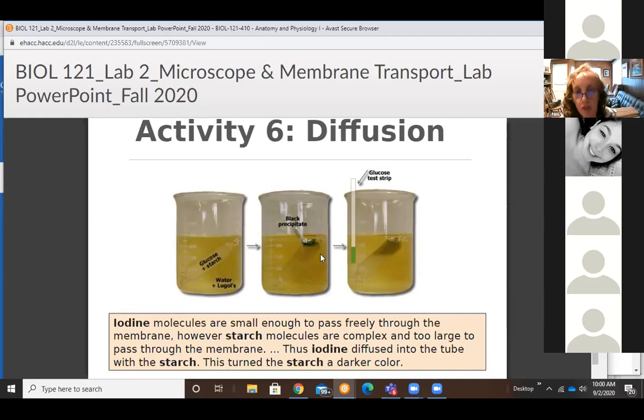In this experiment, this uses dialysis tubing, and you put a concentrated starch solution in the dialysis tubing. You drop some iodine into the bottom of the beaker,